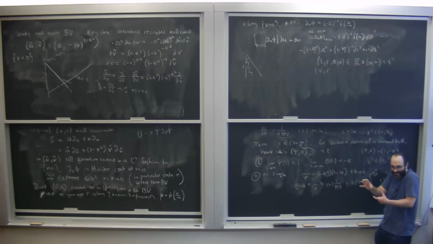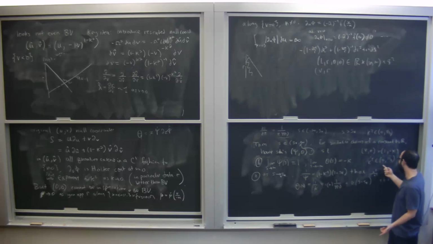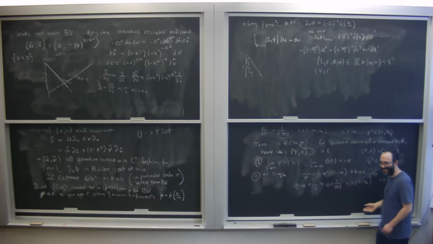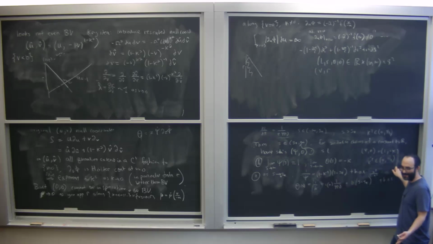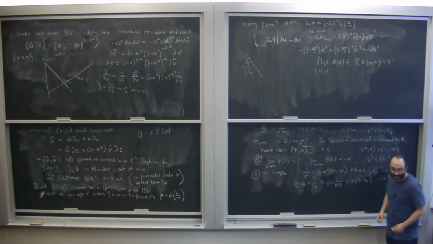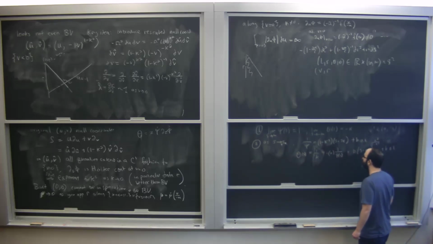But it's a slight increase in regularity when you turn on k. And like I said, this is why it's interesting to ask how big you can take k, because if you could take k so that this thing was one, that would be great, but you can't. Too bad. If you could get up to k squared equals 1/2, that would be really interesting, because then the swing would be one. But you can't. So that's the behavior as s goes to s star. And then you also want the behavior as s goes to infinity.